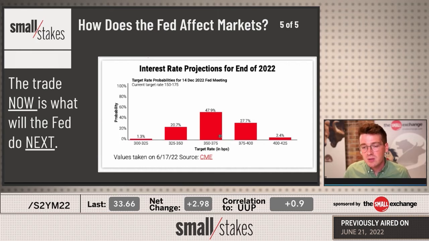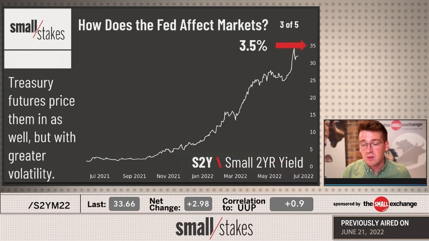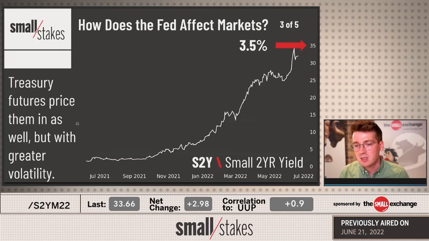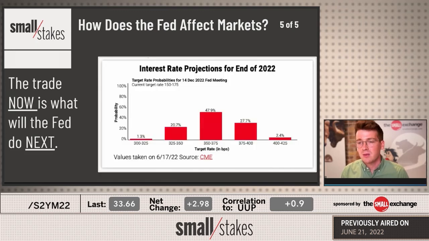The trade now: do you think that it's going to be higher than 3.5%? Well, then you can buy this S2Y future, a very small, practical, everyday trader kind of market to be trading. If you think that this is too much of a projection and they're actually going to land closer to 3% or 2.5% or what have you, then you can go in and sell this S2Y future. And so there's the full story of how the Fed affects Fed funds rates, how those rates affect Treasury rates and everything of differing durations further on down the line, and how you can trade those markets.